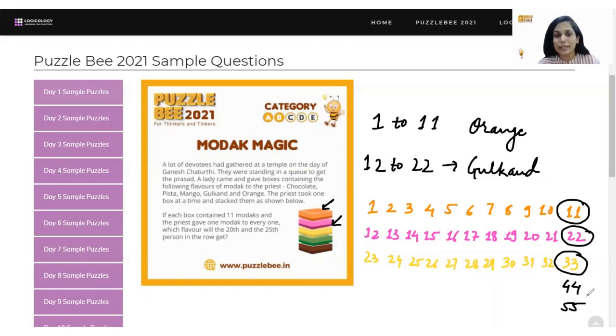Now I can make a different question. If there are just say 7 modaks in every box, okay? So I can make 100 such questions by just changing some numbers here and there. But what is more important is how well do you interpret this question. Whatever has been given to you, how do you understand it and then how do you apply that? How do you know what is required to be counted? If I had asked table of 11, it was very easy. But what I did, I gave this Modak story around it.